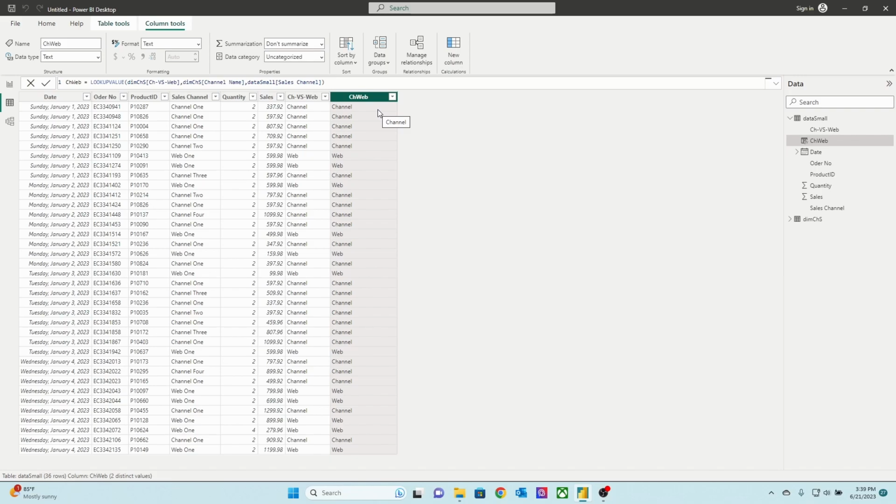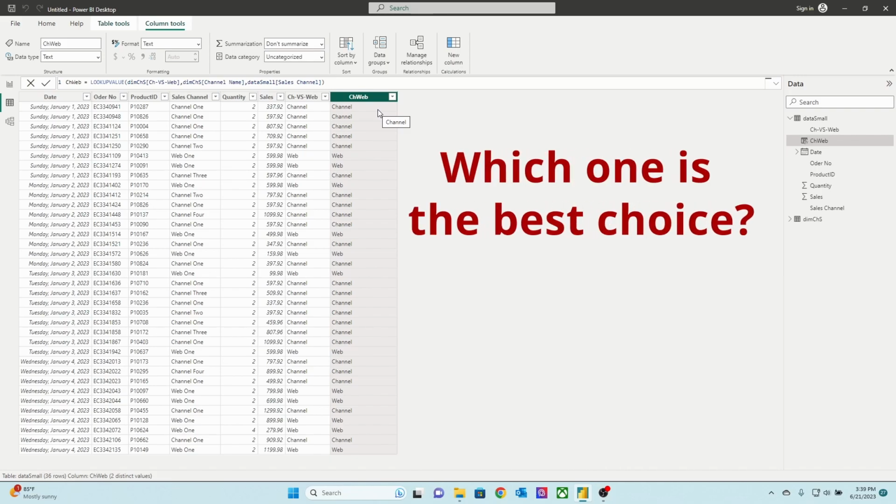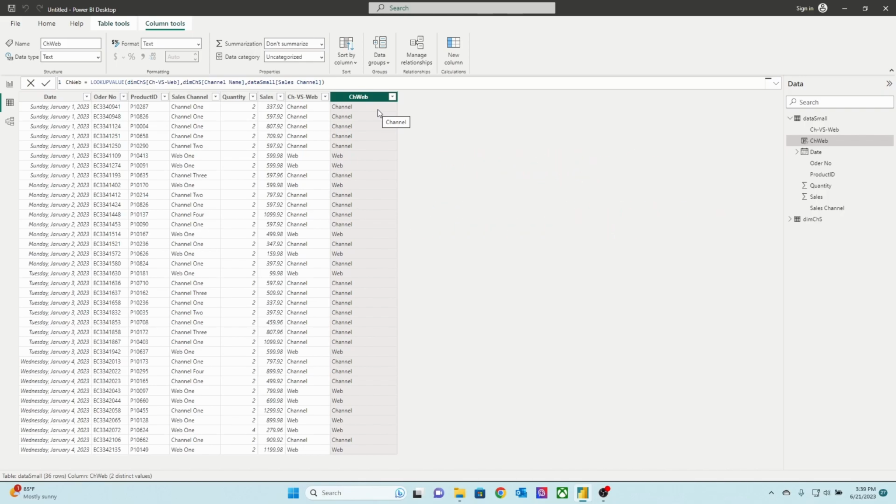Now the discussion comes, which one is the best for you? It depends on your situation. If you are working in Excel and you are doing everything in Excel, then you are going for Xlookup. If you are coming to Power BI, connecting your data from Excel,